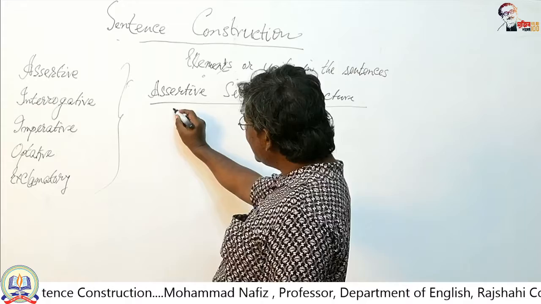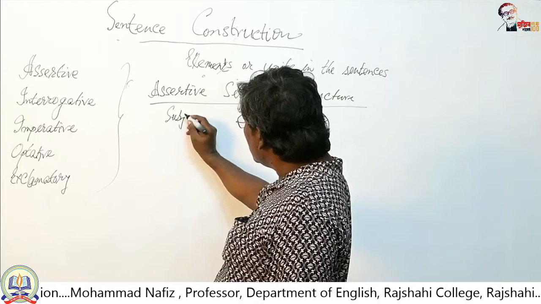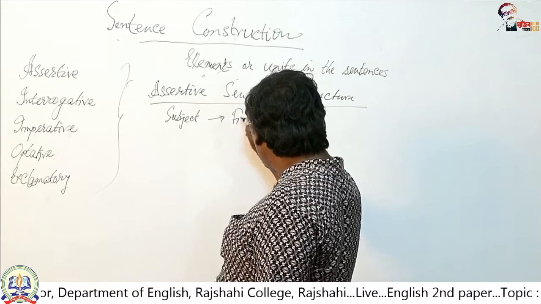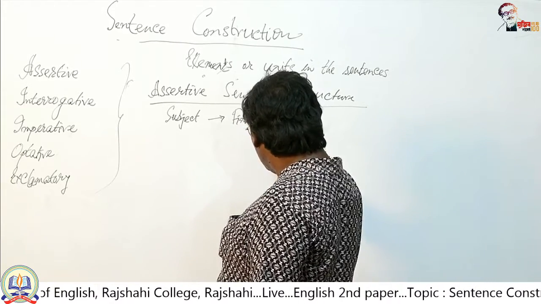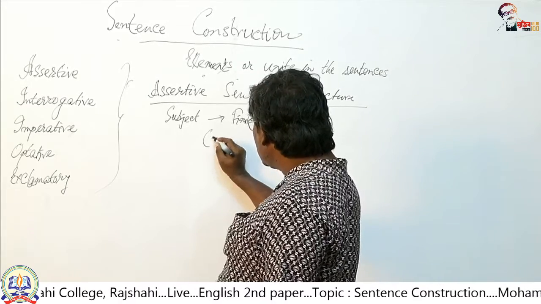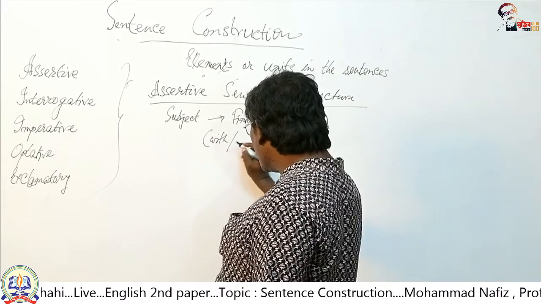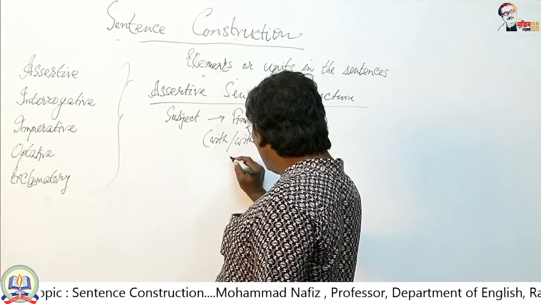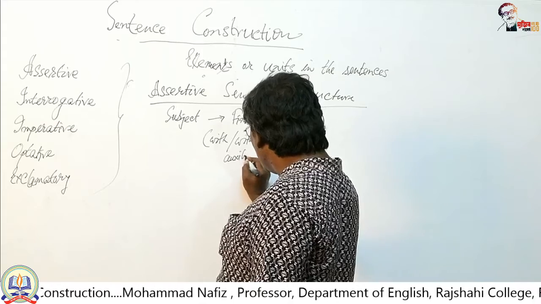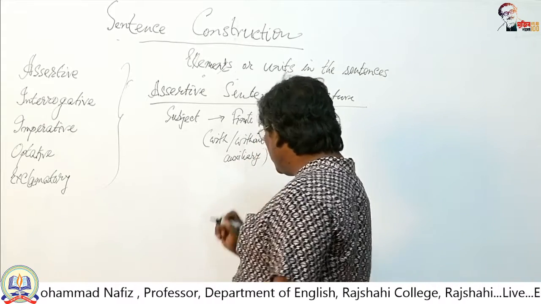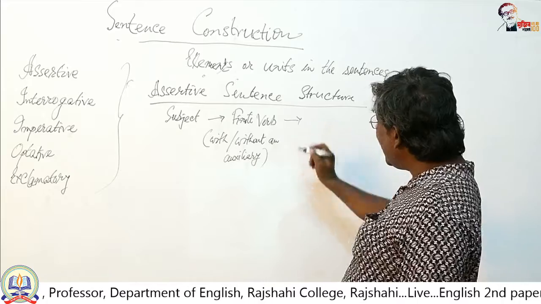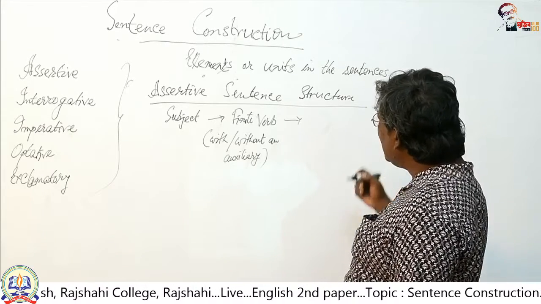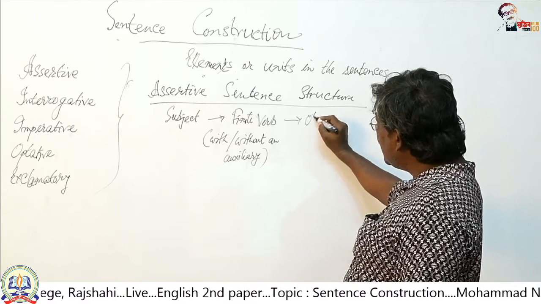First we get subject, finite verb, with or without an auxiliary. Then we have the other units or elements like object,